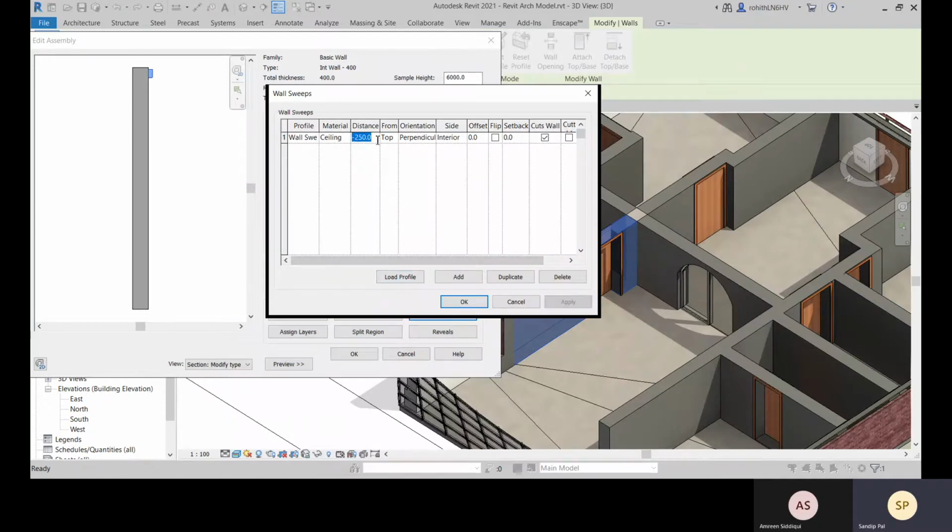Okay, so for this we'll make it 0 from the base, click on apply, and the orientation is perpendicular, or you can make it parallel to ground, so that is same for this profile right now. And you make it to the interior side, you can add another one.